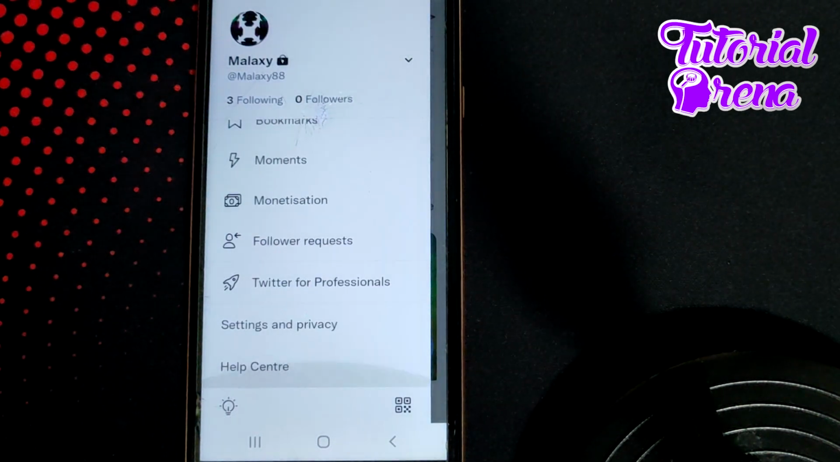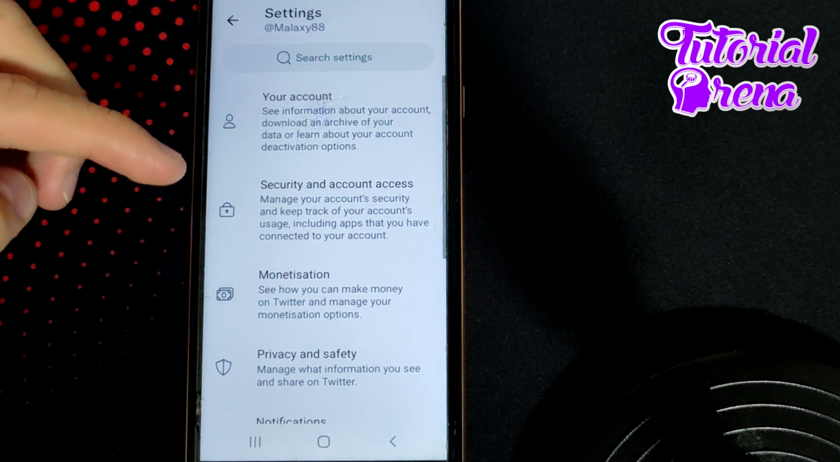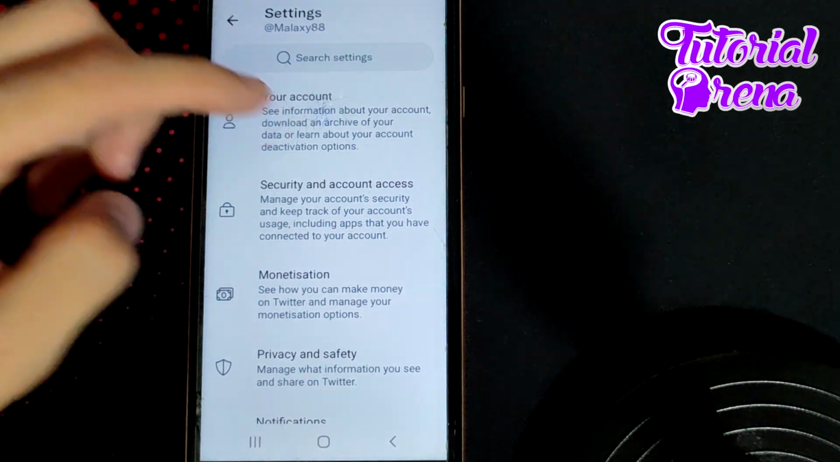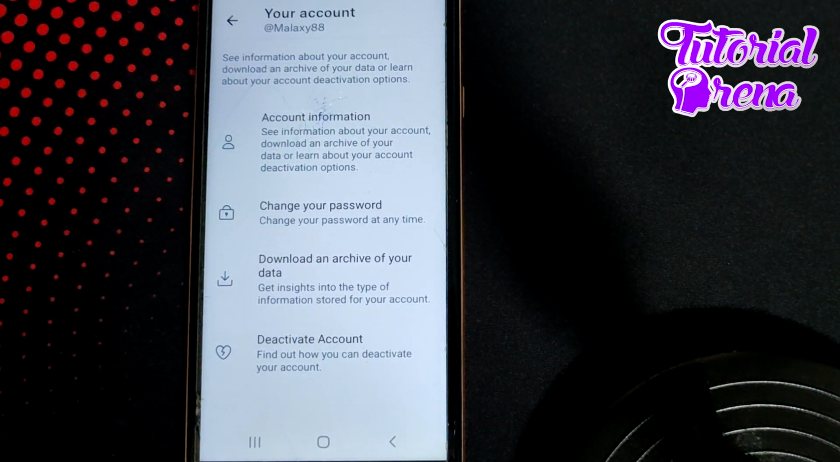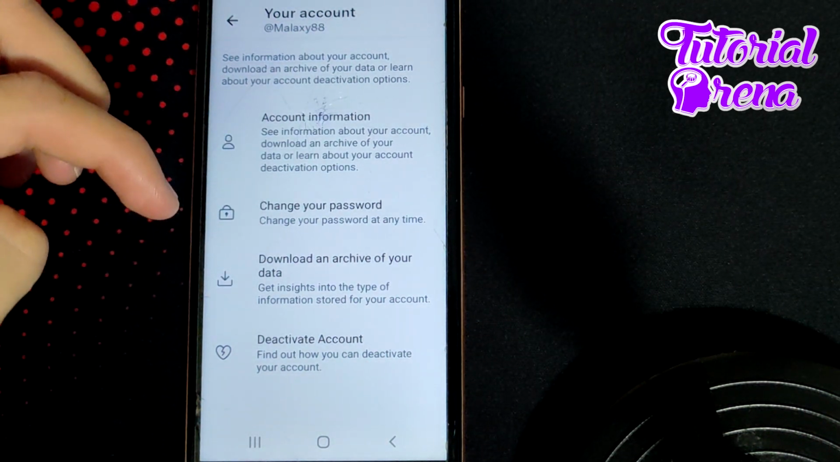As you get there, scroll down and tap for settings and privacy, and right on that selection, go for your account, the first section. As you get there, guys, you're going to find all these selections, as you can see, and simply need